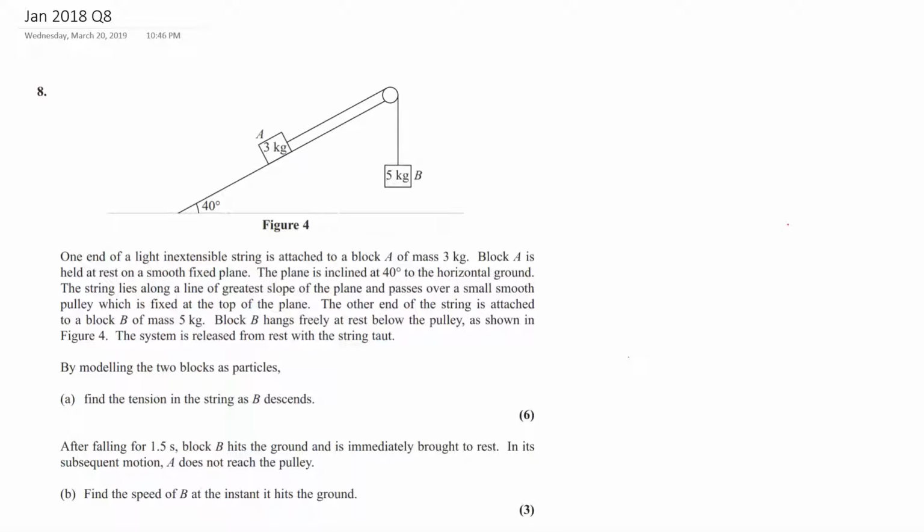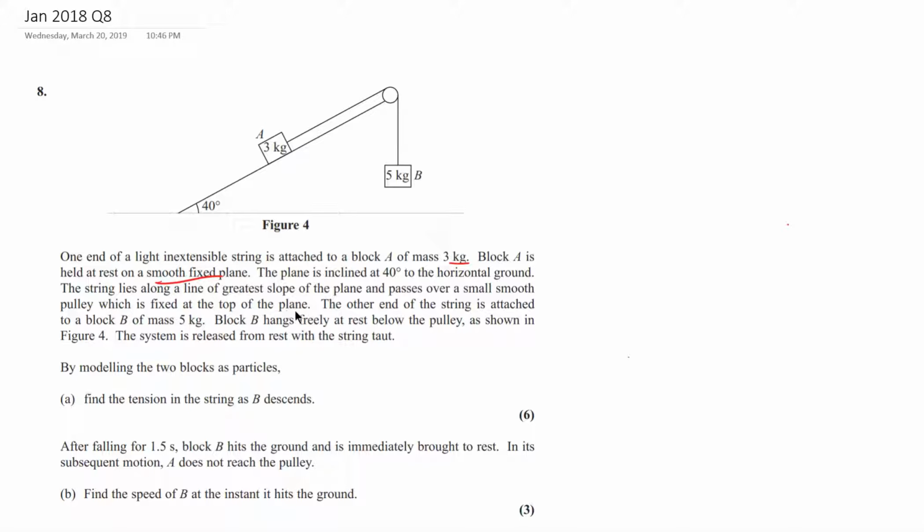Number 8. One end of the light inextensible string is attached to a block A of mass 3 kg, and block A is held on a smooth fixed plane. The plane is inclined at 40 degrees to the horizontal ground. The string lies along a line of greatest slope of the plane and passes over a small smooth pulley